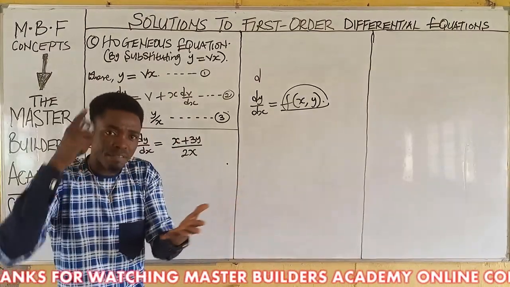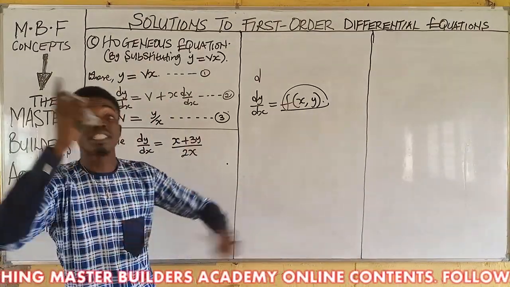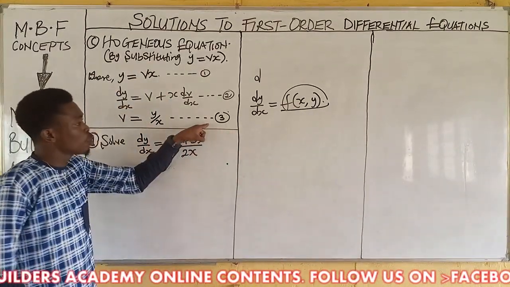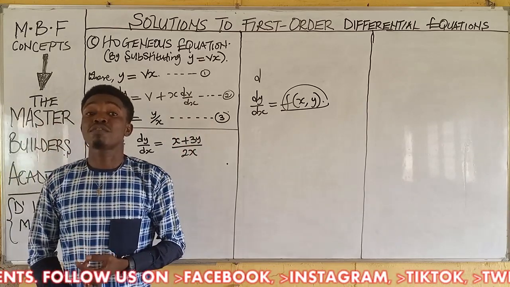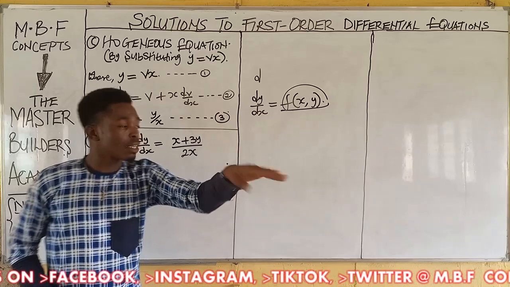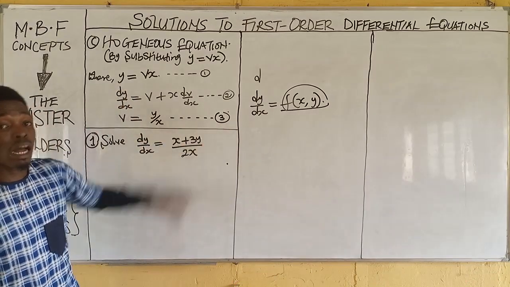Once you separate the variables, you can integrate. And once you integrate, finally you will make use of equation 3, because the equation you were given was never in terms of v. So you need to replace v via equation 3. Now guys,